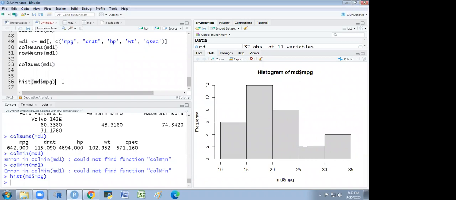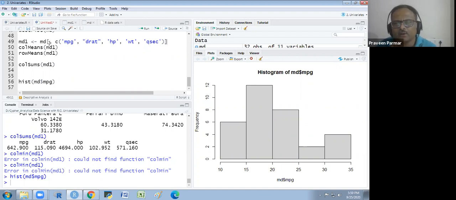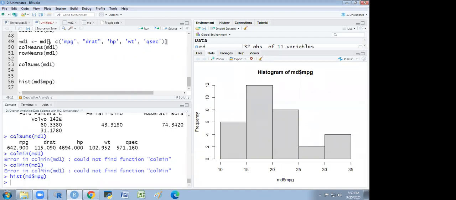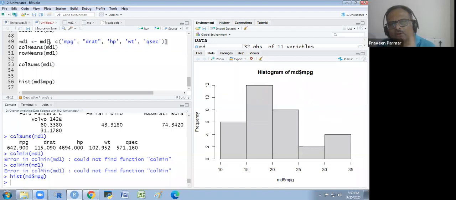Sir, when we are creating a data frame here, MD1 and then MD square bracket comma, what does this comma signify? We are taking the comma because before the comma we write the rows. So we are considering all rows. Whenever we require all rows, we will keep it blank, we won't write anything here. If we want all columns, only row numbers, before this comma you have to write the rows, and after the comma you don't have to write anything. Okay.